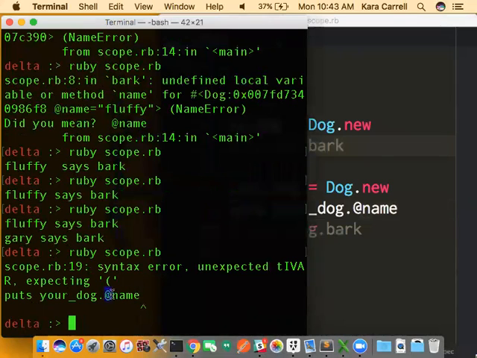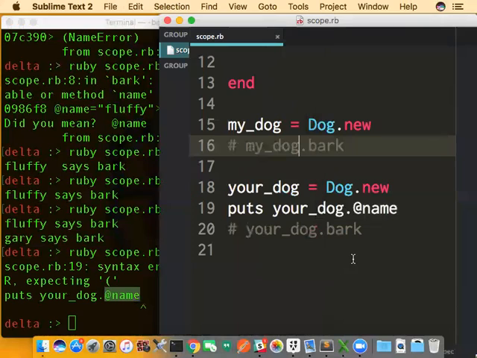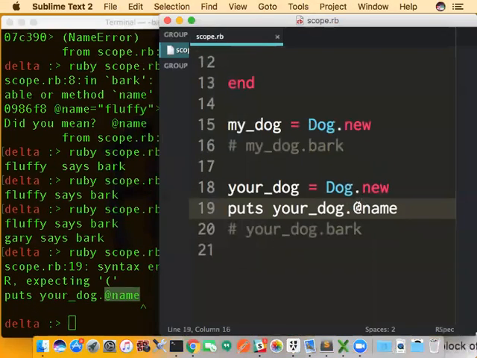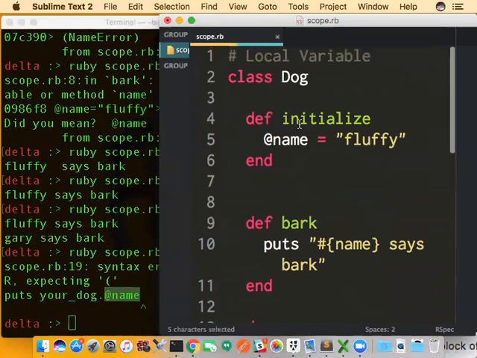So that wouldn't work. Okay, so you can't call an @ symbol. Yeah, it's a variable. So when we call .name here, we're actually calling a method that's pulling this information. Right? So when we do attr_accessor, remember when we do attr_accessor